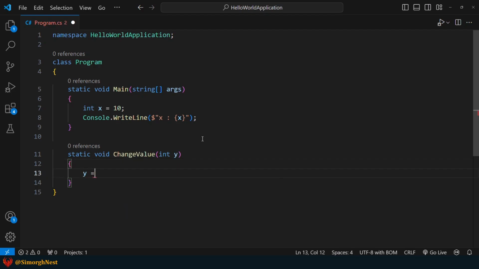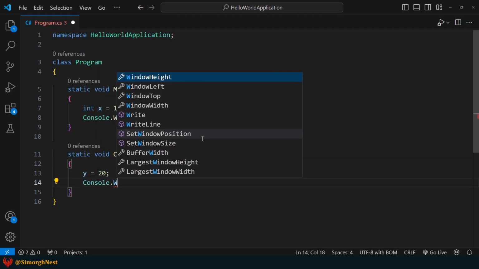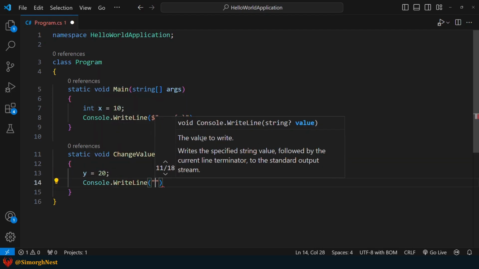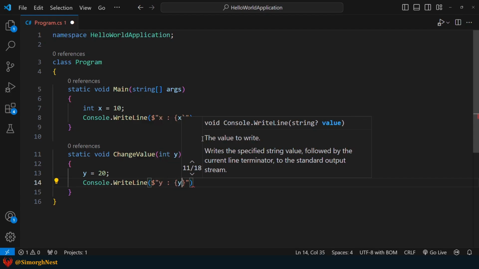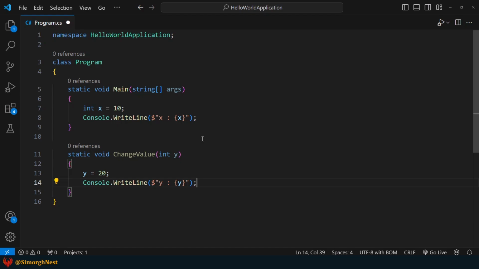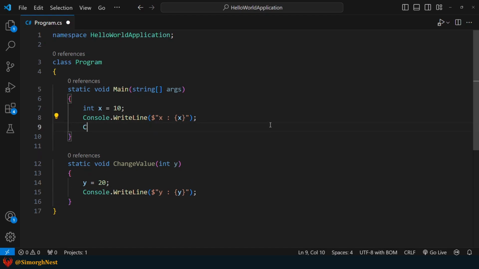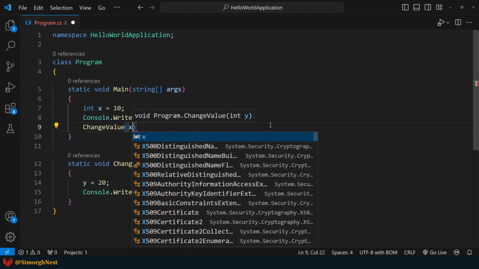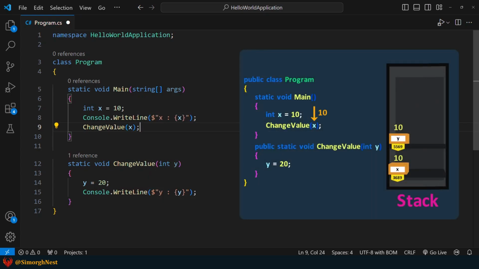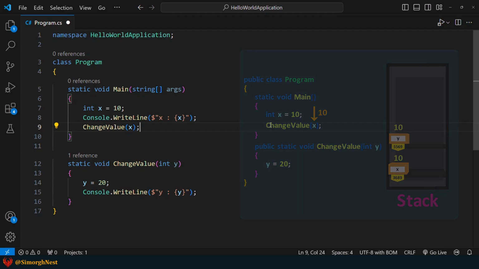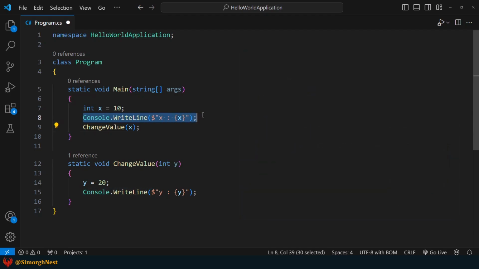Inside the method, we change the value of y to 20 and print its value. Back in the main method, we call the changeValue method and pass the value of x as an argument. This means that the value of x is given to the changeValue method and assigned to the y parameter. Finally, we print the value of x again.